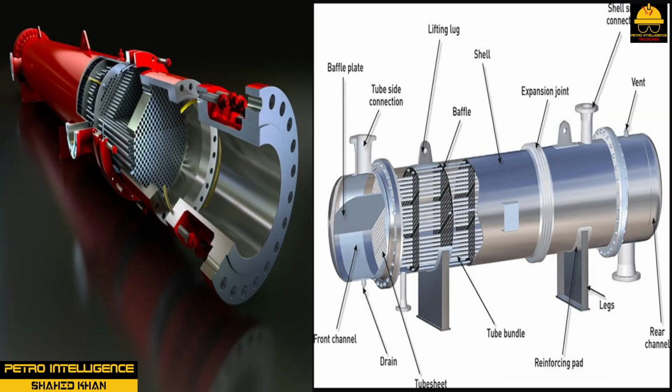A shell and tube heat exchanger has a cylindrical shell that surrounds a tube bundle. Fluid flow through the exchanger is referred to as tube side flow or shell side flow. A series of baffles support the tubes, direct fluid flow, increase velocity, decrease tube vibration, protect tubing, and create pressure drops. Shell and tube heat exchangers can be classified as fixed head, single pass, fixed head, multipass, floating head, multipass,